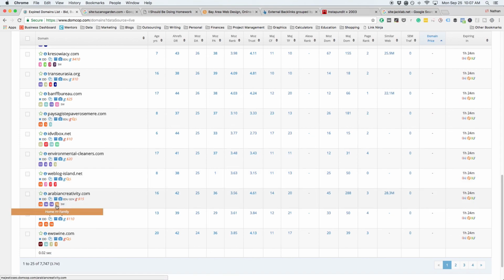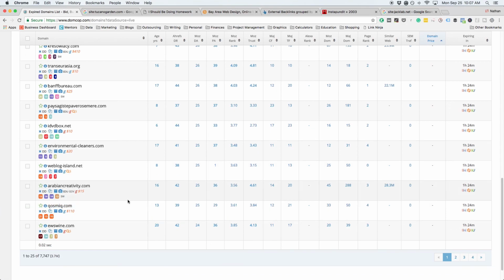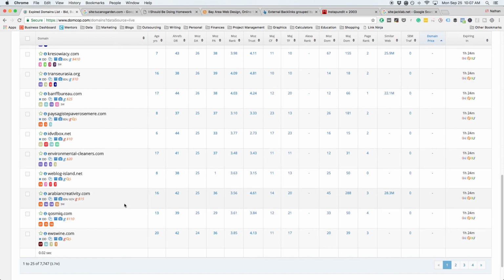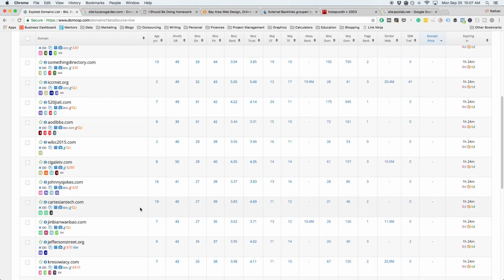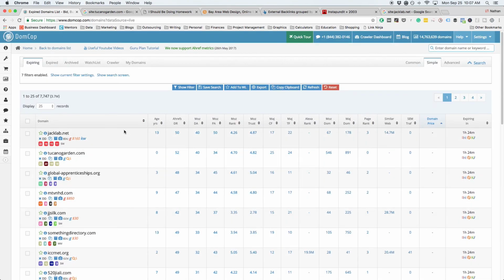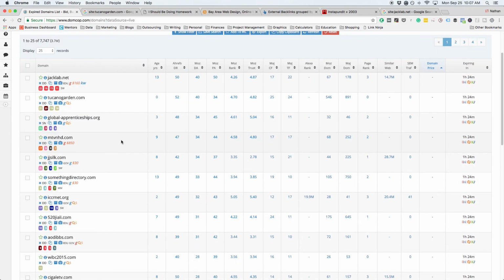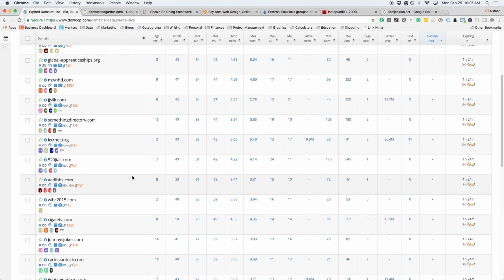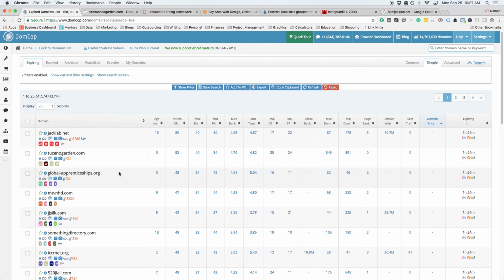The last point is don't feel bad about being picky about what domains you pick because it's very, very important the types of links that are hitting your site. You only want the best of the best links hitting your site. And if they're not the best of the best, if they're just mid-level quality, then at the very minimum, they should be hitting at least your tier 1 property or just don't use them at all. Those are your choices, but when it comes down to it, be very picky when using any type of expired domain strategy. And that's all I really have for you.